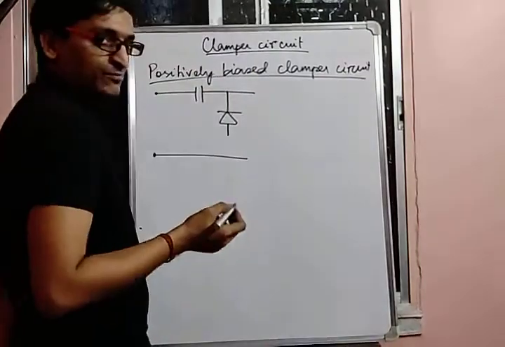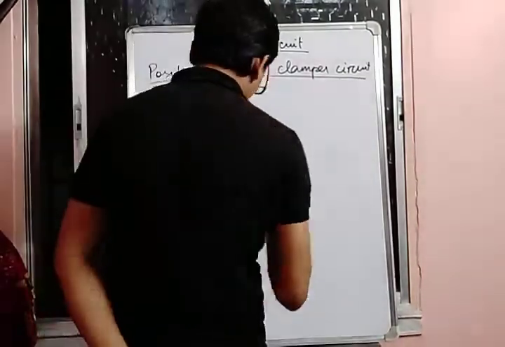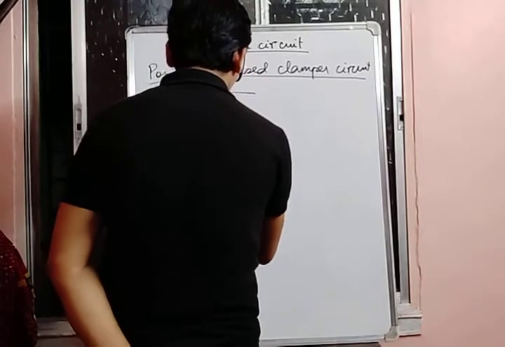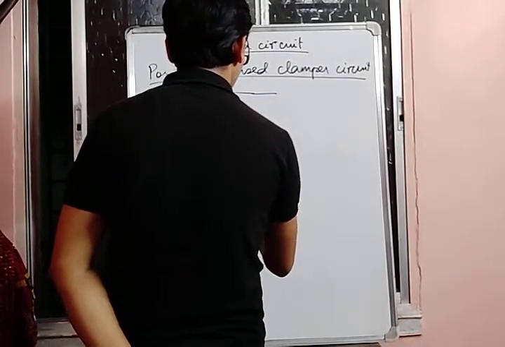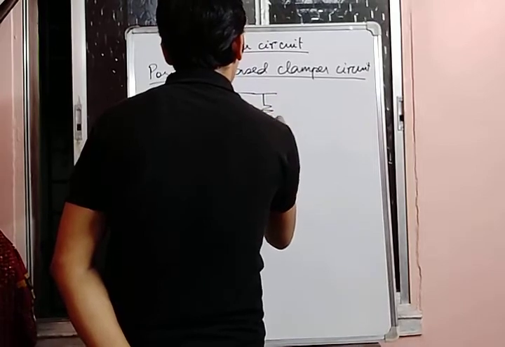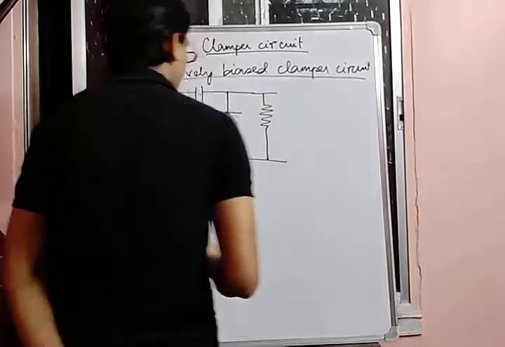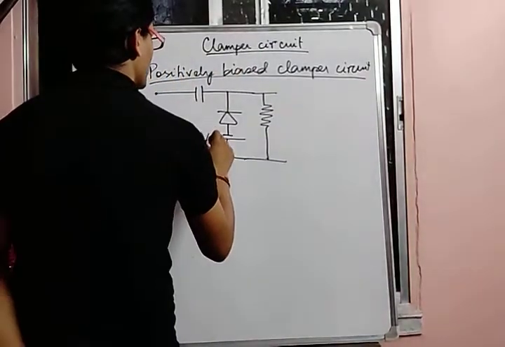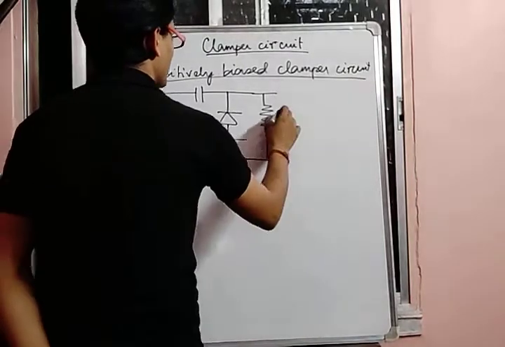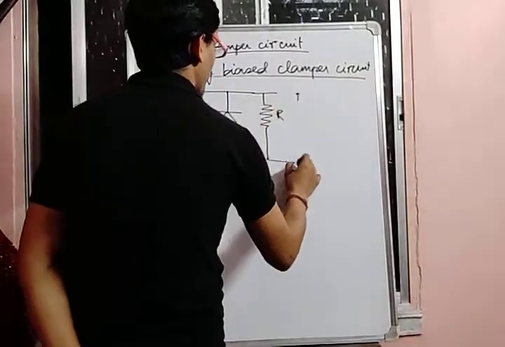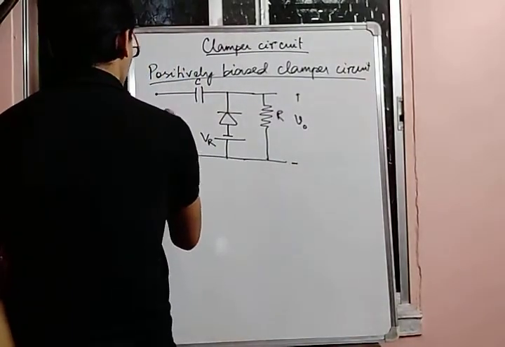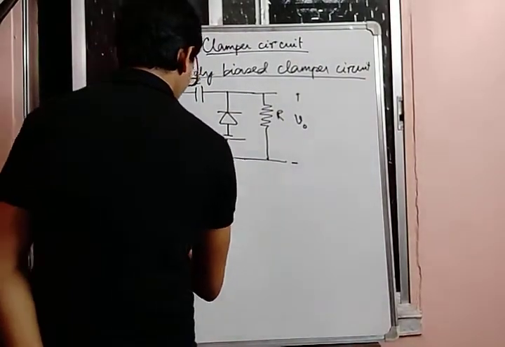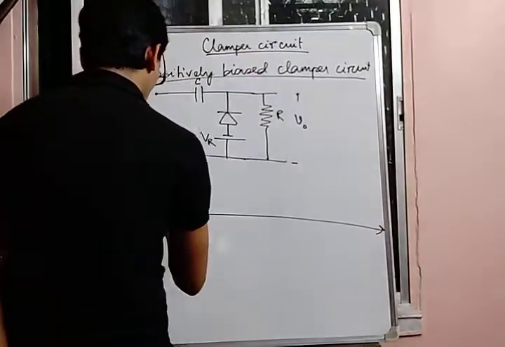We can have any polarity of the voltage source. So suppose for the time being we are considering the polarity to be somewhat like this, and this is a resistance R. Say suppose this voltage is VR. This is R, and the output voltage which we will be getting is V0. This is C, and this is the input voltage Vi. Again, we are just considering a rectangular waveform.